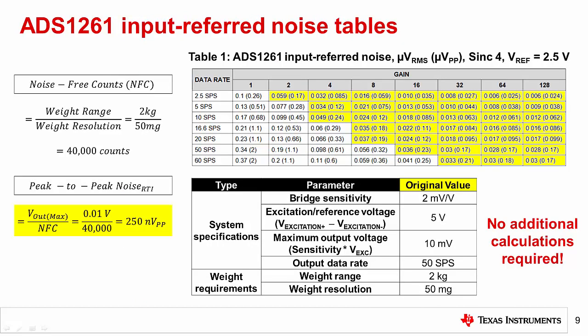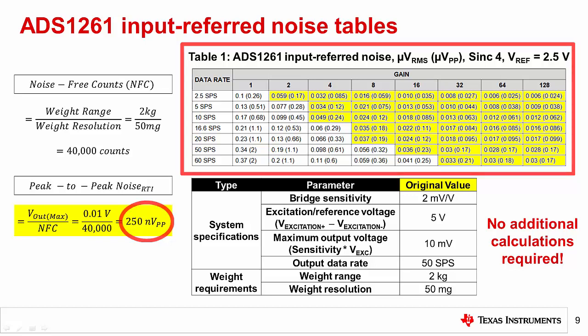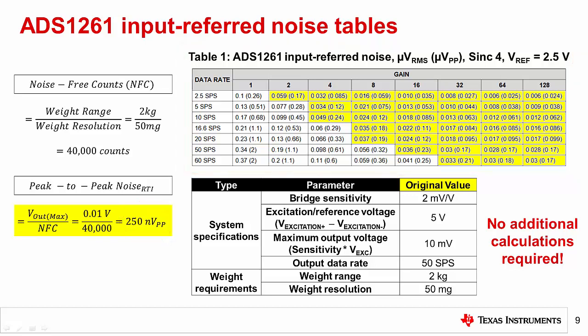Since we've already used the ADS1261 in this presentation, let's keep things consistent and choose this same ADC for input referred noise analysis. Shown here is the target input referred noise as well as the ADS1261's input referred noise table. Note that Table 1 looks similar to the effective and noise-free resolution table we've already seen, though these values are based on a reference voltage of 2.5 volts, not 5 volts. However, as was determined in the Precision Labs module on noise measurement methods and parameters, noise in higher resolution ADCs does not exhibit a dependence on reference voltage, so the difference in reference voltages is not important for this example.